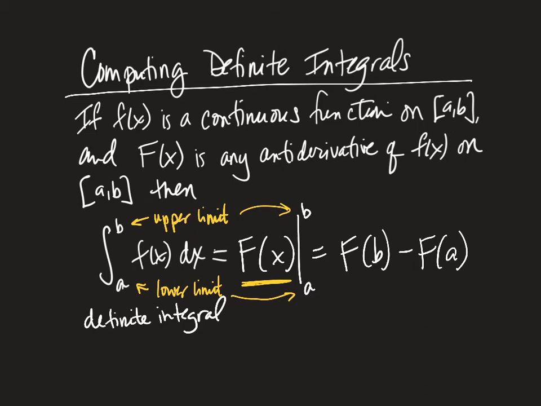And then we're basically going to plug in the upper limit, the top number, and the bottom number, and then we're going to subtract them in that order. So top minus bottom, or upper minus lower. Right? So always in that order, and subtraction order matters. Okay. So we're going to go ahead and do some examples. I've got 5 of them prepared for you. So let's take a look at the first one.